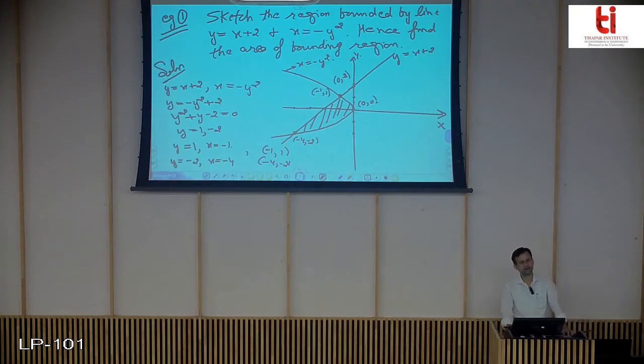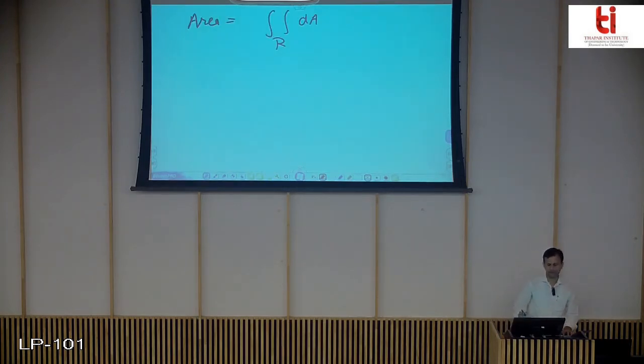This bounded and closed region is given by, say this is the region R. And area hence is given by this one. Now let us say we first integrate with respect to x and then with respect to y. When there is no choice given, it totally depends upon the user or the student what order he wants to take to integrate. He can choose with respect to x or with respect to y.